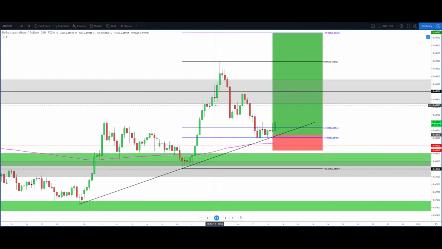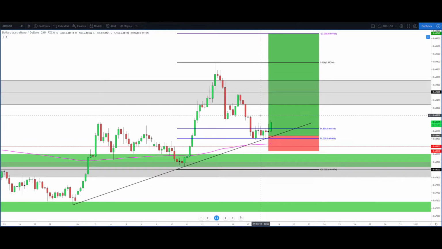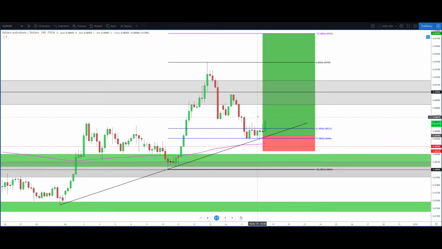And we can see here that after this bearish phase that gave us a great profit, the price failed to go lower, and using Fibonacci from the beginning of this last bullish phase, we can see that the price has just touched here these two Fibonacci retracements, and now the price is forming a strong bullish candle that has formed a new daily high, so first strong bullish signal. And if this candle is confirmed, this will be a huge bullish signal that could bring the price to